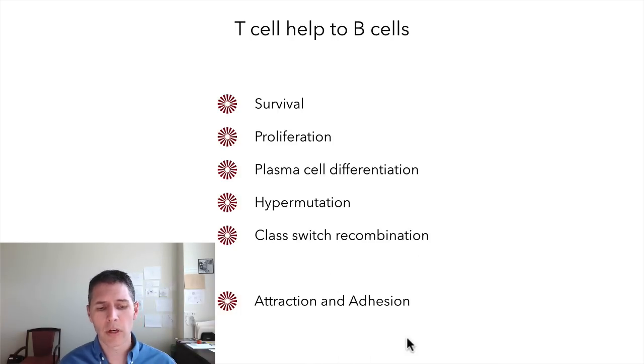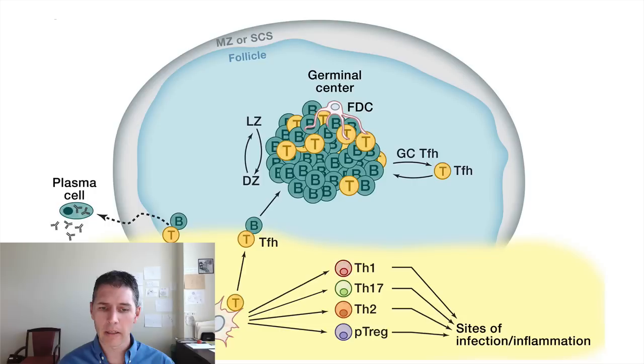Additional functions of TFH in terms of their help to B cells are molecules involved in attraction and adhesion. The germinal center is a very tightly confined, for the B cells, microanatomical niche, and the TFH cells actually continuously secrete CXCL13, most likely to attempt to retain germinal center B cells in that location. And the TFH cells also express a range of adhesion molecules that are critical for their physical interaction with